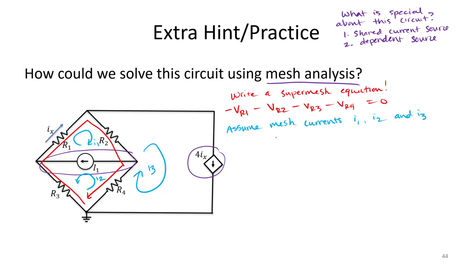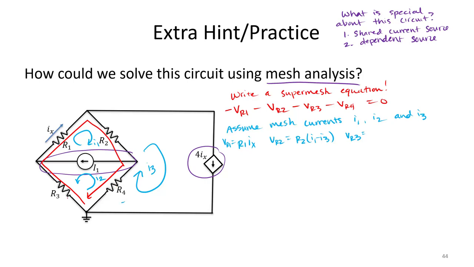Notice I can now rewrite that mesh equation in terms of the mesh currents. So in this case, minus VR1, that just becomes R1 times Ix, right? VR2, that's just going to be equal to R2 times I1 minus I3. VR3,